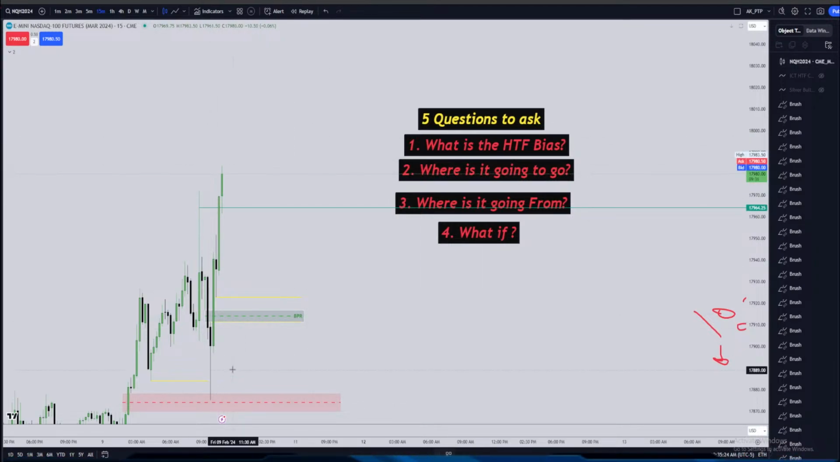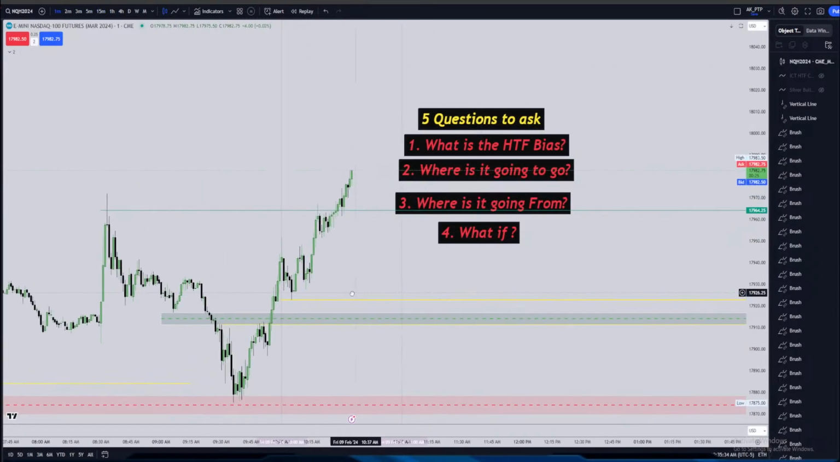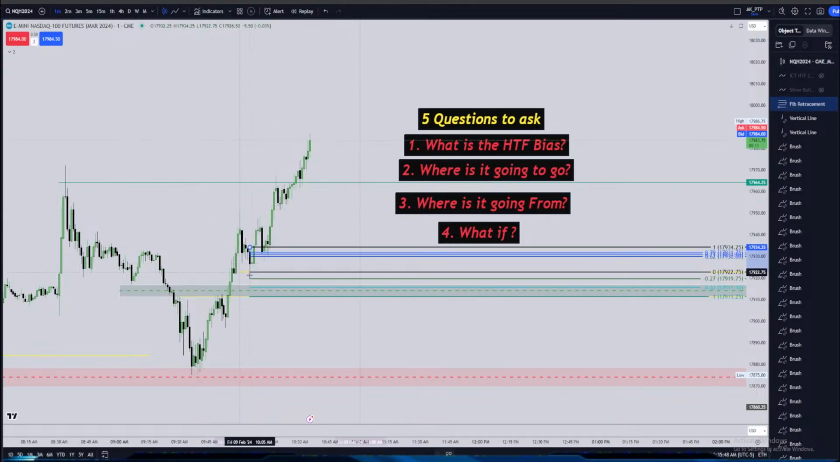Now from 10 to 11, this is the silver bullet. Let's see what happened around that area in 1 minute. This is 10, this is 11. Okay, so the market came below this inducement, took the liquidity. I can consider this or this as my break of structure on its way up. Let me check